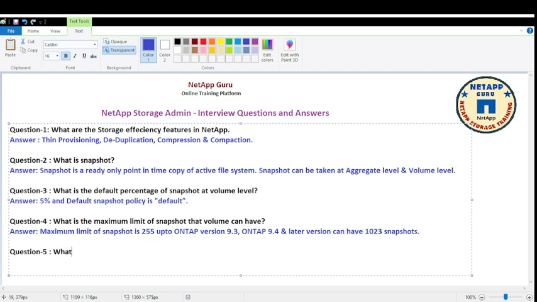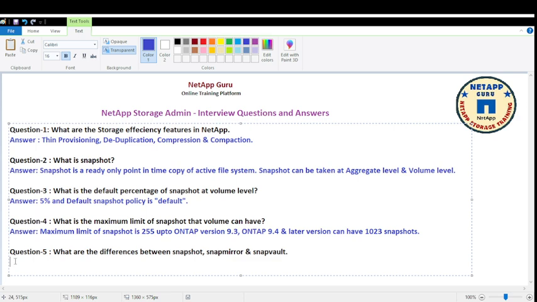Okay, so what are the differences between snapshot, SnapMirror, and SnapVault? Okay, so the answer for this question is,